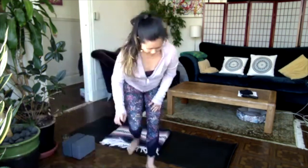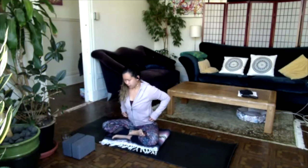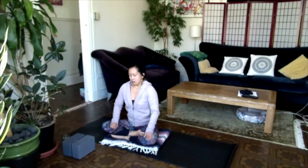just begin to close your eyes or allow the gaze to soften. Rest your palms wherever feels comfortable, either face down, face up. And then just begin to allow yourself the time, the space to arrive into this practice. So it's really easy just to, actually, it's not easy. It's very challenging actually to kind of allow everything to fall off to the wayside, because